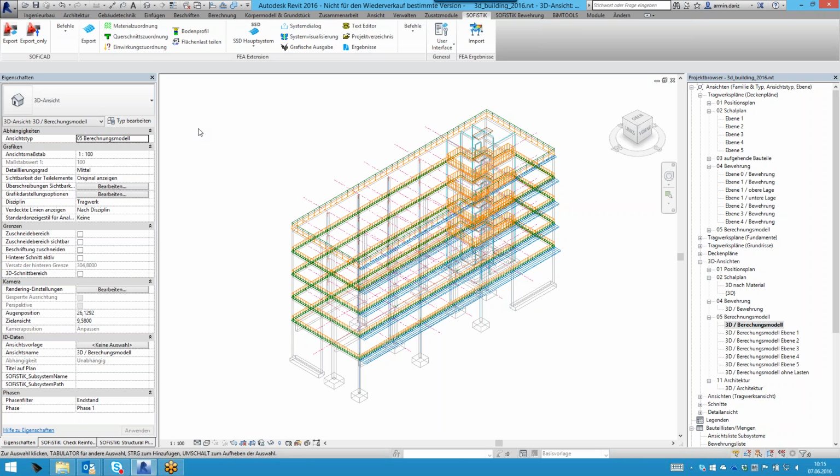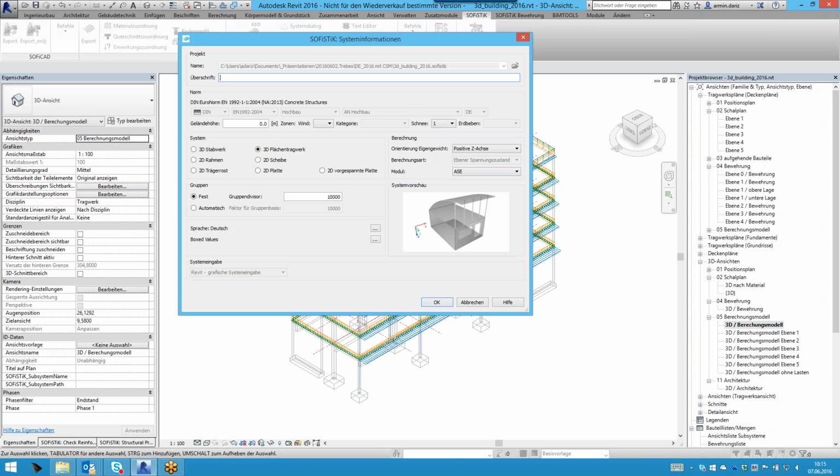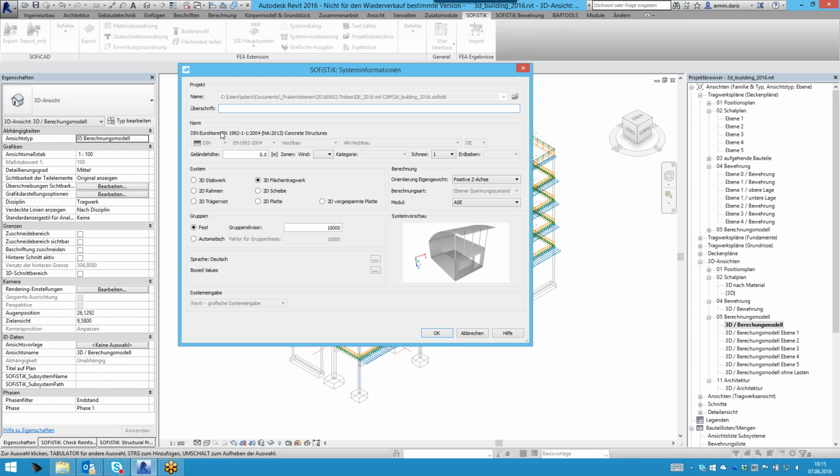So first of all, we have to talk about the material mapping. If you click once on one of these functionalities, normally the system dialog appears. You should also be familiar with that. I will open the system dialog now manually. This is the selection of your code, with which code you would like to do the design. In my example, I will use the German code now, but I think this is not the point, because anyway,